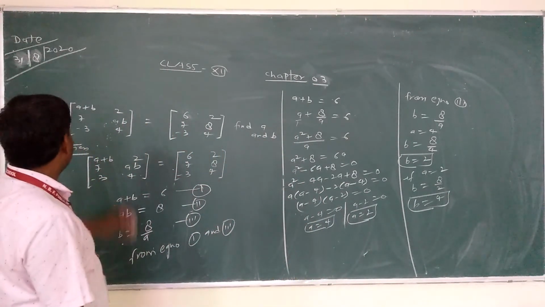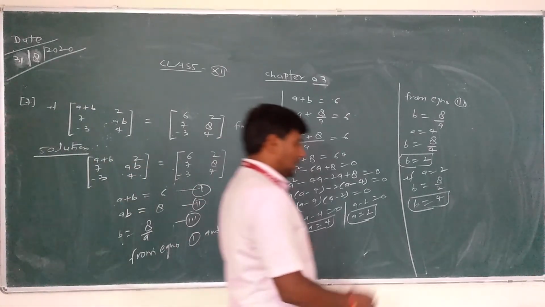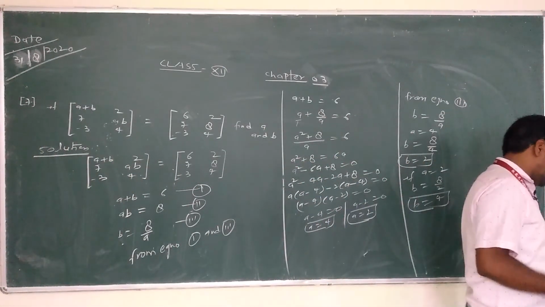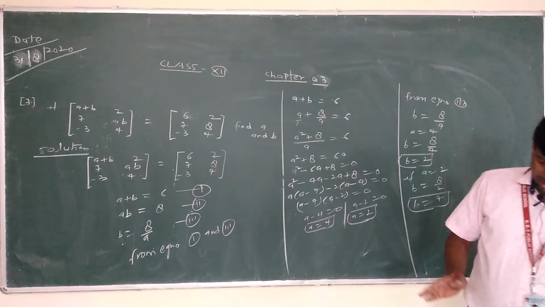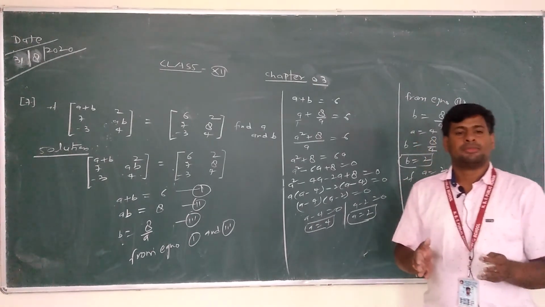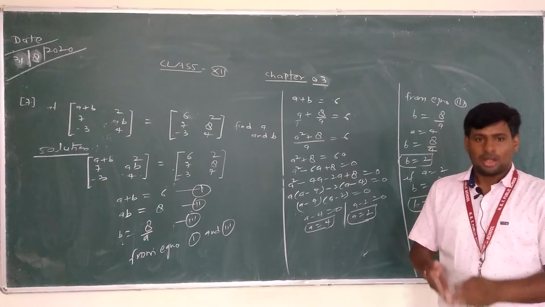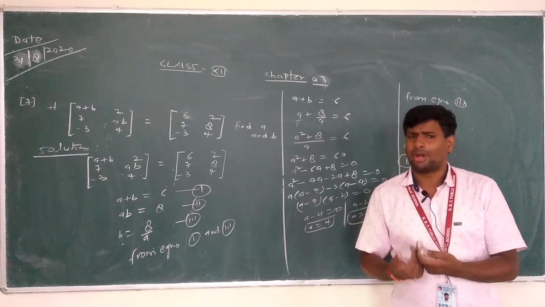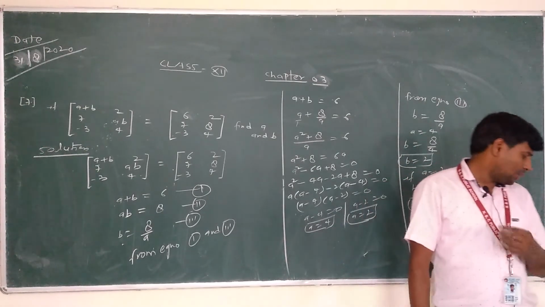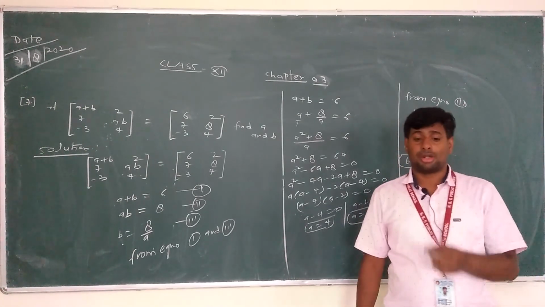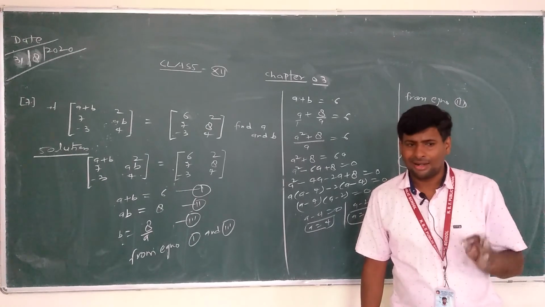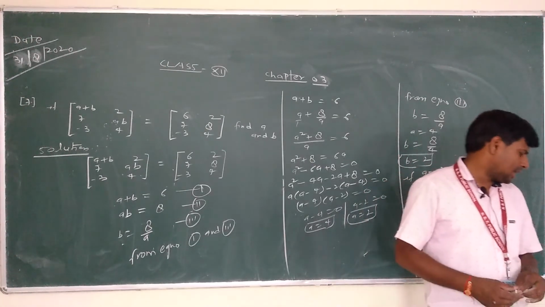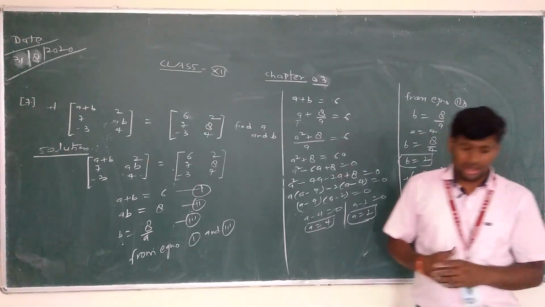So in this process, you can solve question number 8 and 9. The same process: two matrices are given equal, then our aim is to find the value of x or y or a and b. The same process you can use for question number 8 and 9. That's clear? So this is exercise 3.1b.